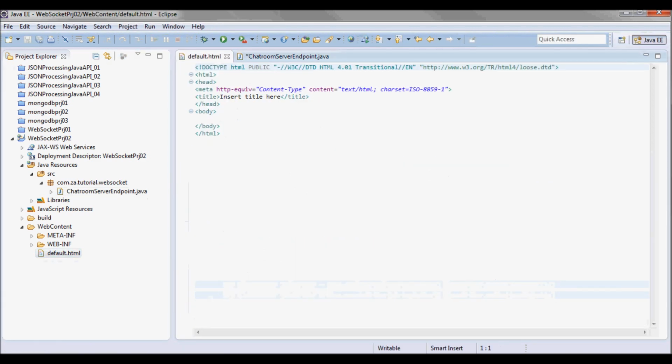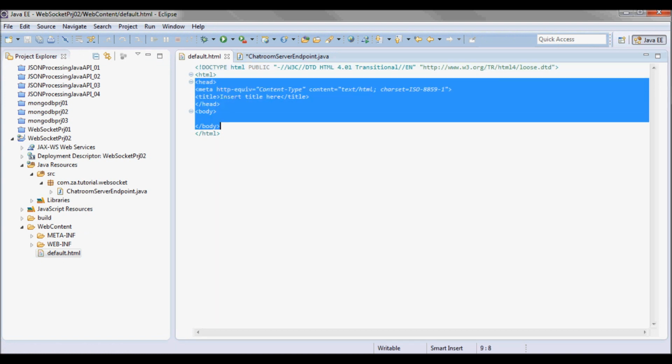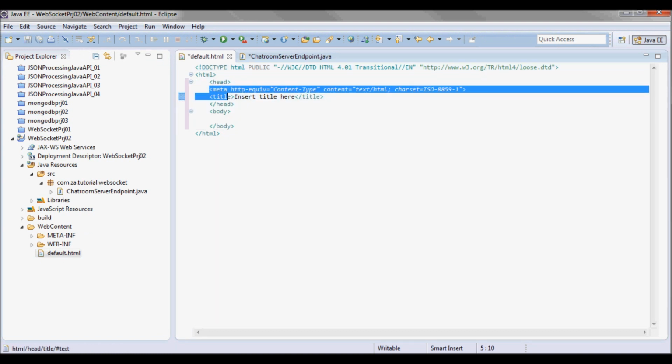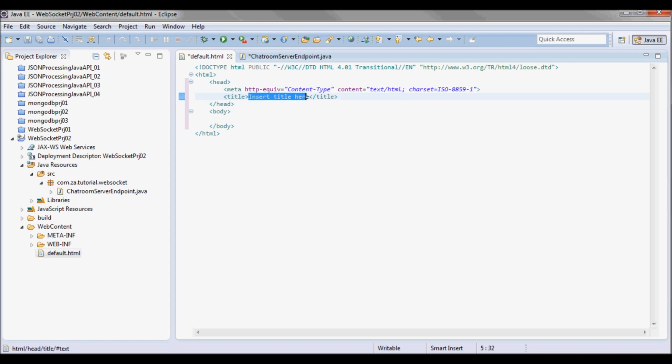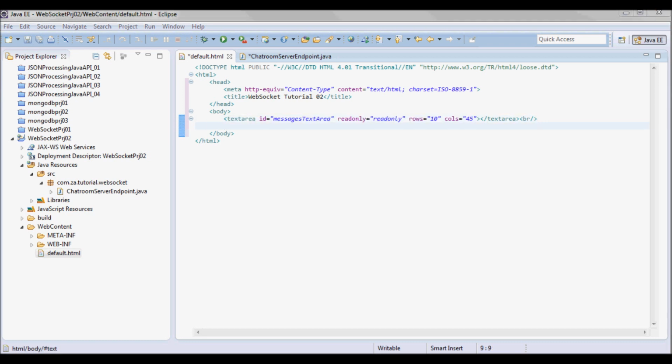Now going to the HTML client, this is gonna be the title, and gonna have a text area that's gonna contain the exchanged messages, and a text input field for the user to enter the message, and a send button that when clicked is gonna trigger the JavaScript send message function.